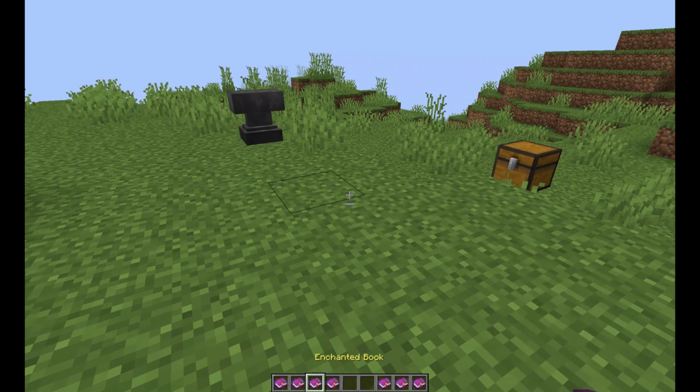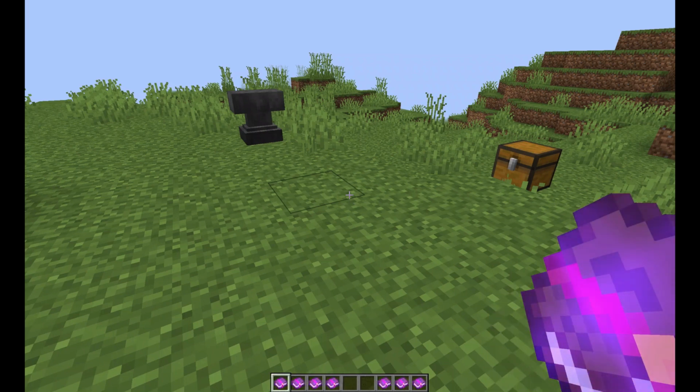First, let me talk about how I'm going to be describing these enchantments. I'm going to start off by talking about which items the enchantment can be used on. Then I'll talk about the maximum level. Then I'll talk about the weight, and the weight is the relative chance of it being offered on the enchanting table. Then I'll talk about if it's a treasure enchantment or not,